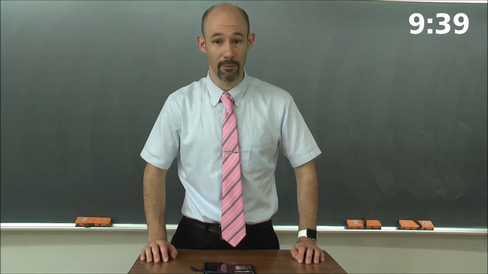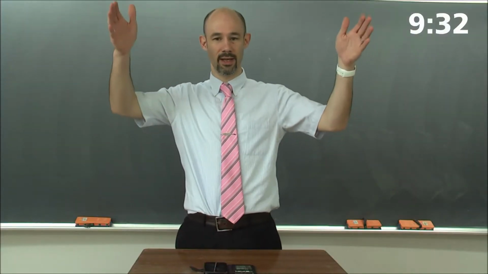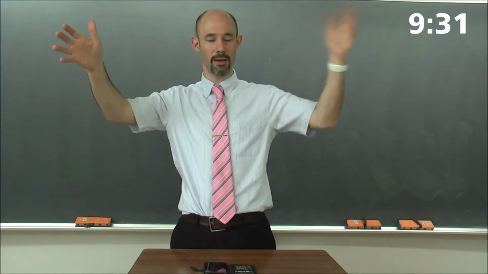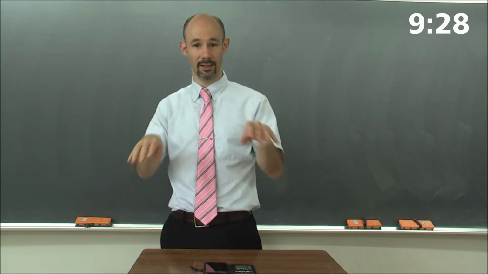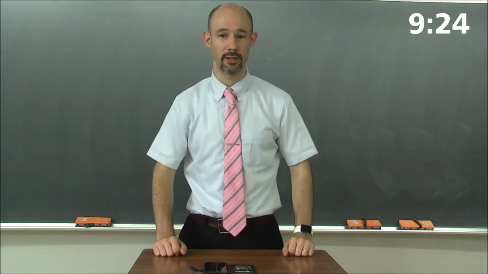Okay, let's talk about America. We're going to talk about the plains of America. The plains are the central part of central North America. America is basically a bowl shape. You've got mountains over here, and it's flat in the middle. That flat bit is the plains. It spreads from Canada in the top down as far as Mexico.